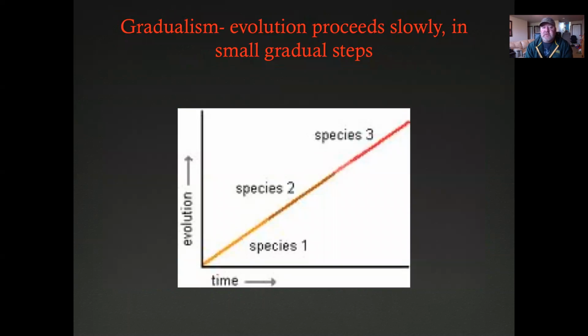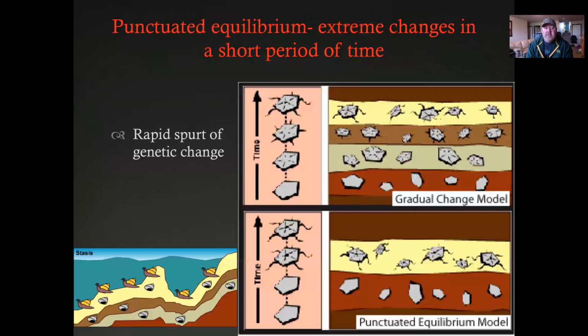Gradualism is the idea that evolution happens really, really slowly, and in most cases that's how it happens, in very slow, gradual steps. However, sometimes it can happen relatively quickly, especially when extreme changes happen over a very short period of time, like a volcanic eruption, or maybe a drought that lasts for a couple hundred years and water dries up. Now, obviously, we're talking about geologic time.